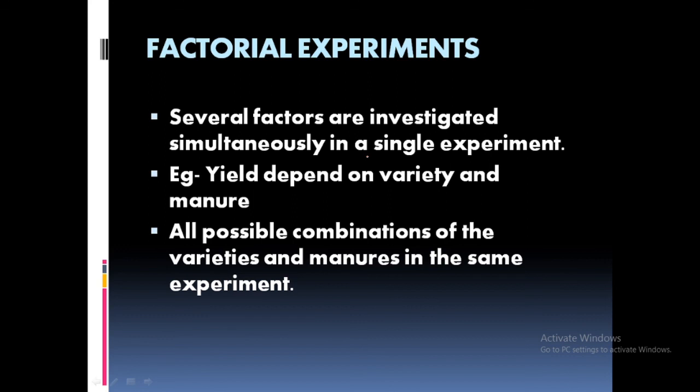See, so the total number of treatments in a factorial experiment is the product of levels in each factor. Product of levels in each factor. So for example, for two manures having two levels each, the number of treatments is 2 into 2, that is 4. Okay. If there are 3 factors, that is 2 cube factorial, the number of treatments is 2 into 2 into 2, that is 8. Okay. The number of treatments increases when the number of factors also increases. So that is the factorial experiment.